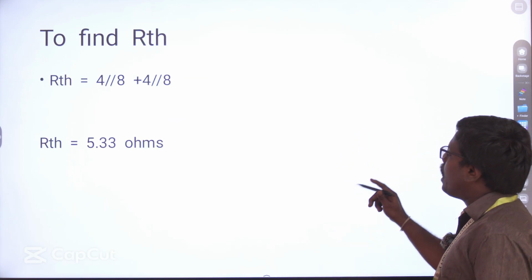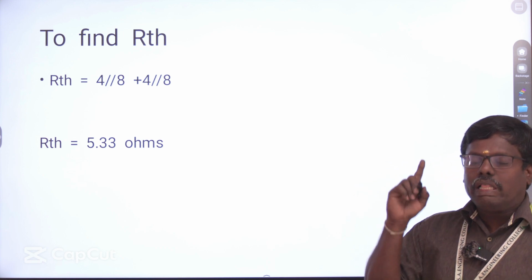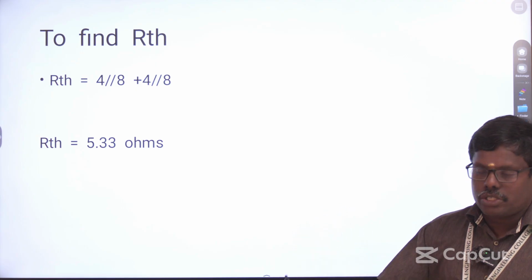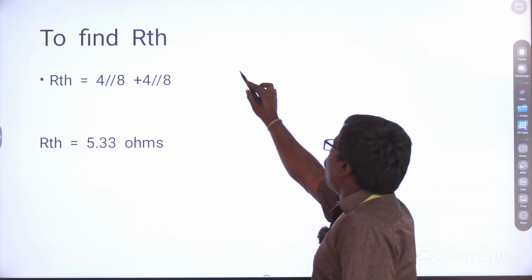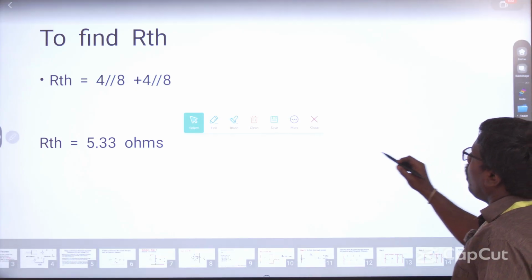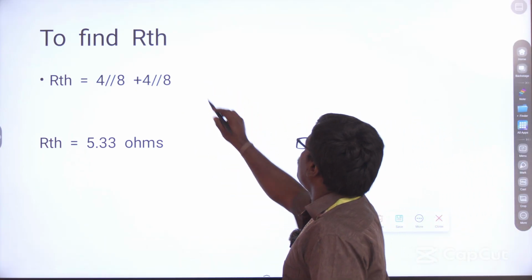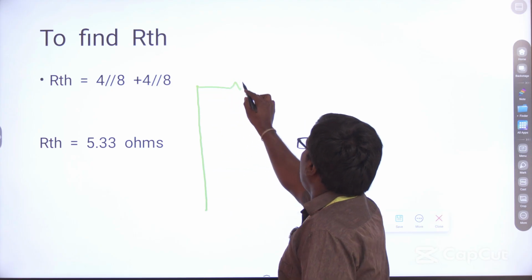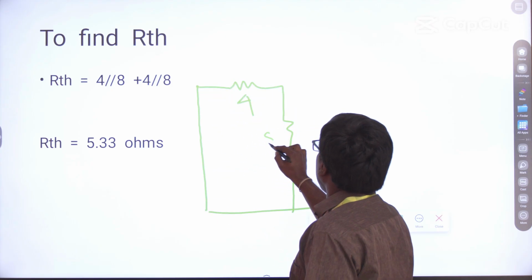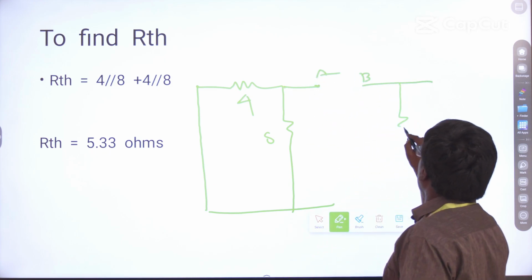How are we going to determine the RTH? They have given it there. What you have to do? You have to kill the source. That is, the voltage source should be short circuited. So what I am going to do? I am going to short circuit here. What is the source there? I am going to short circuit the voltage source. I am having a 4 and 8, and A point and B point, again 8 ohm